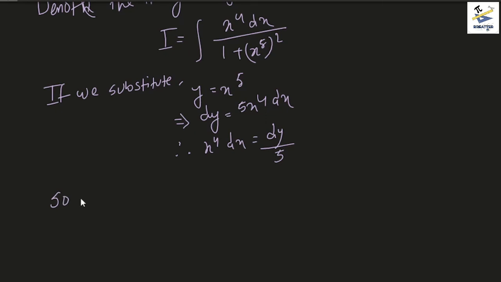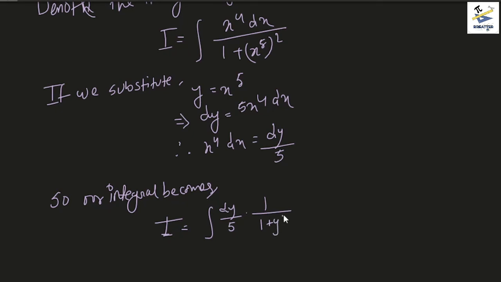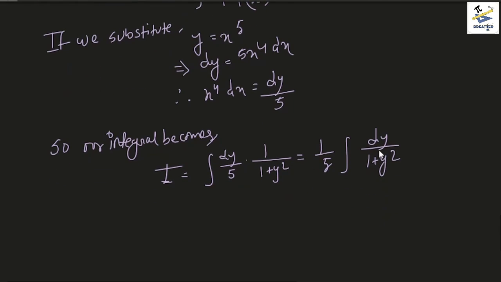So our integral becomes I equals the integral of, this thing becomes dy by 5, and the denominator just becomes 1 plus y square. So taking the constant outside, we get 1 by 5 times the integral of dy by 1 plus y square. Now since we already know the integral of 1 by 1 plus y square is tan inverse y, but